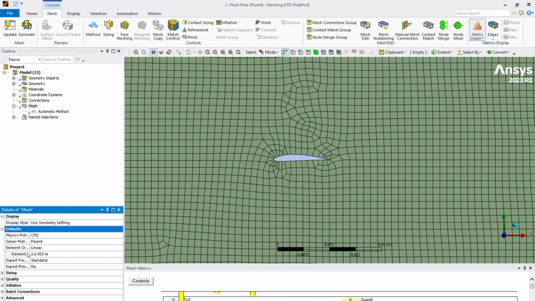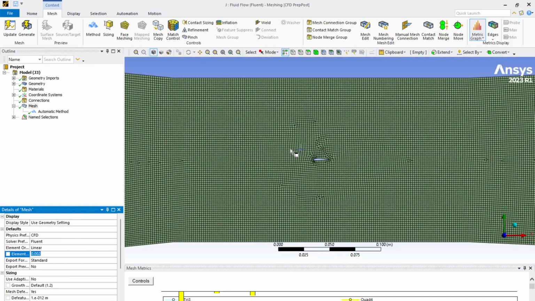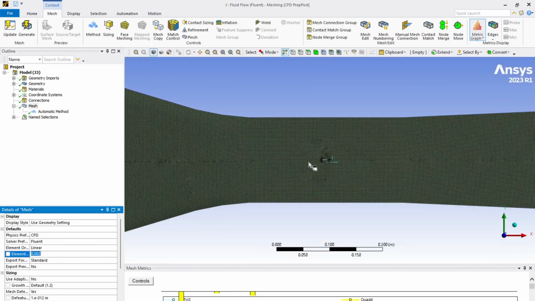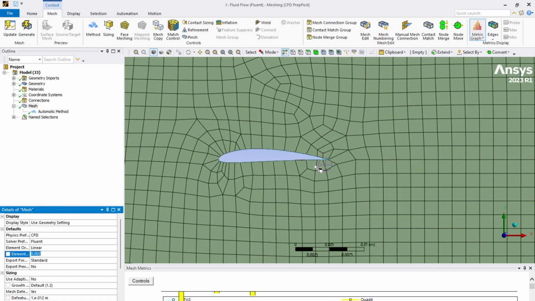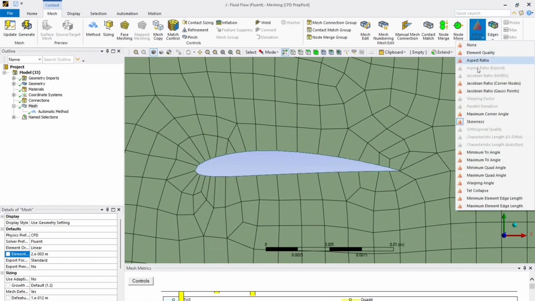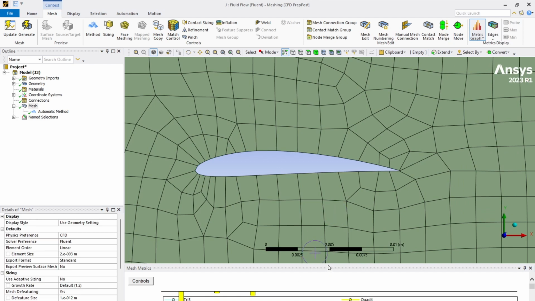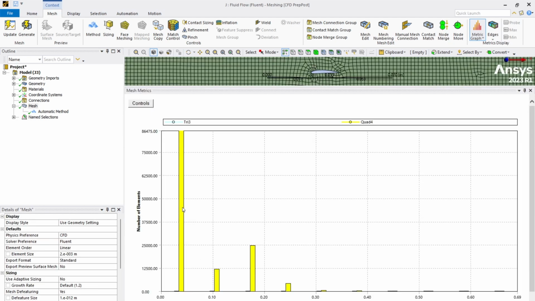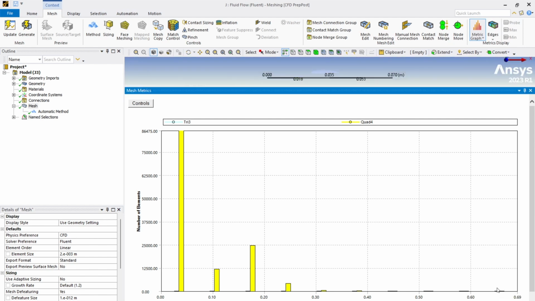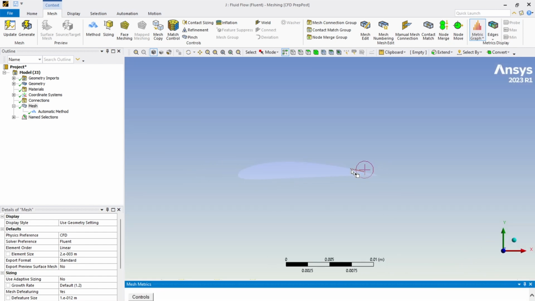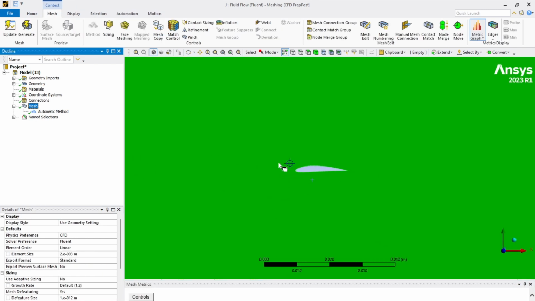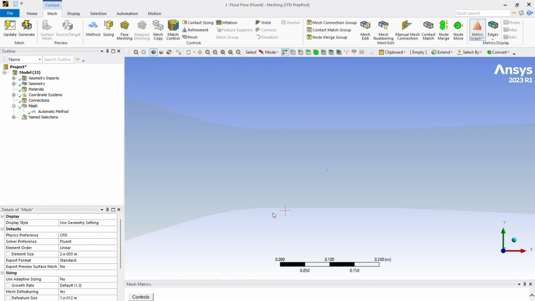If we go into sizing, default element size is 0.002, and that produced a pretty fine mesh. But more importantly, if we go into skewness graph, it kept my maximum skewness relatively low. I still have some elements that approach closer to 1, but it's low enough for the purposes of what we're doing right now. And more importantly, it allowed me to converge in my actual